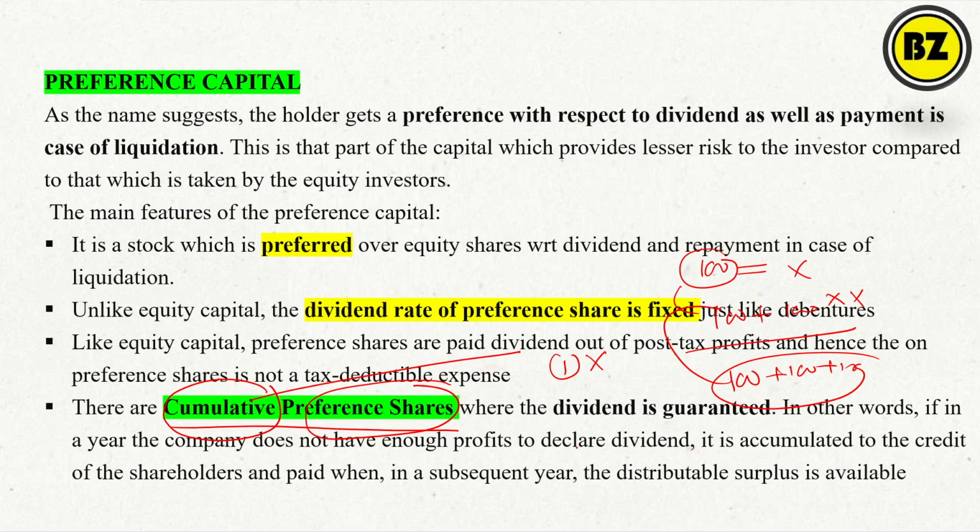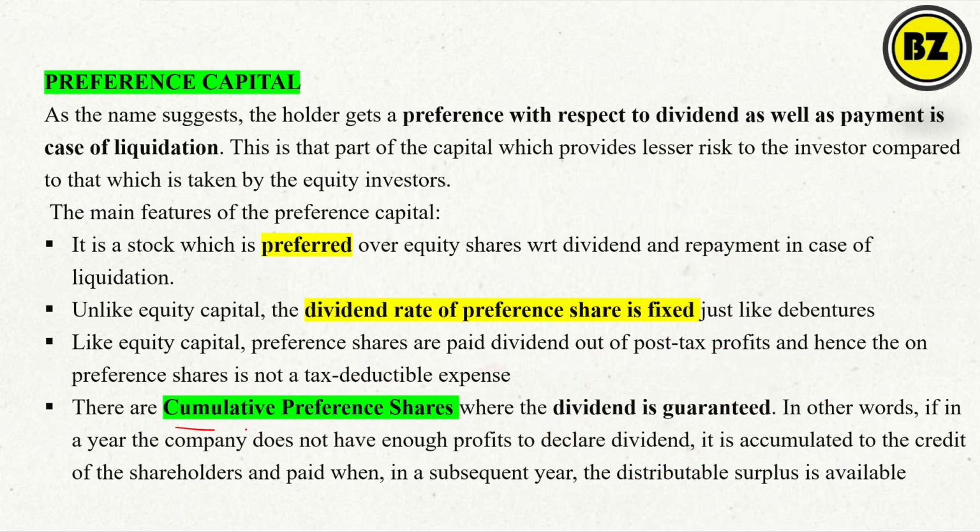That means if the situation of the company is not good, they have to accumulate, and they have to pay at any time. That means in future they must pay. That is what the cumulative preference share means. The dividend is guaranteed. In other words, if